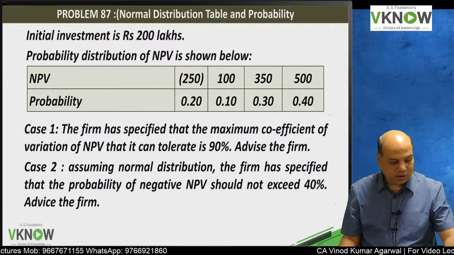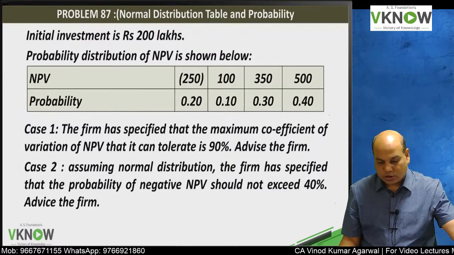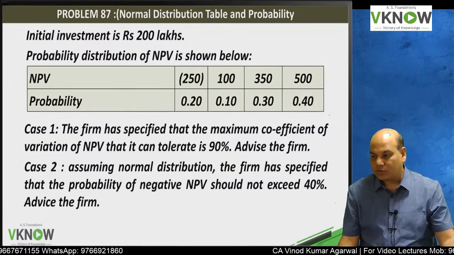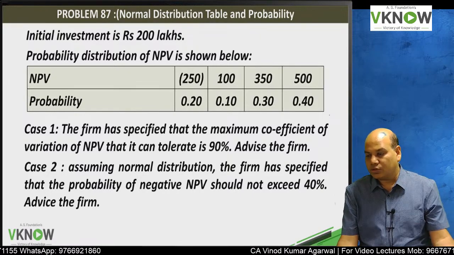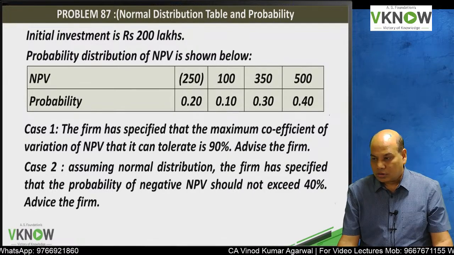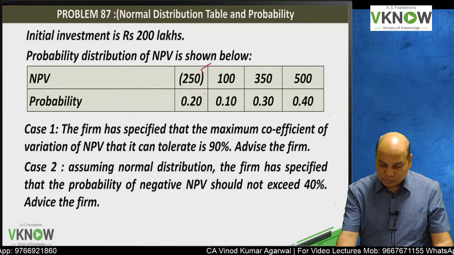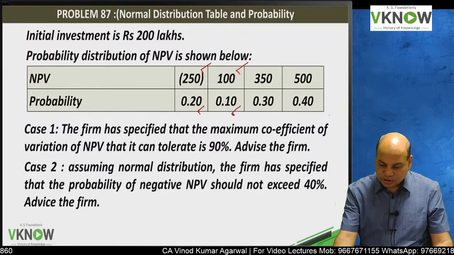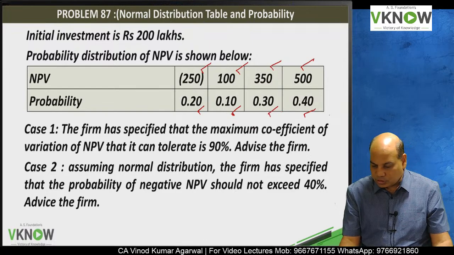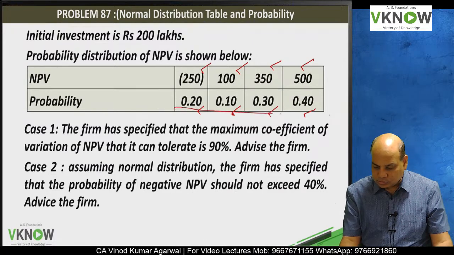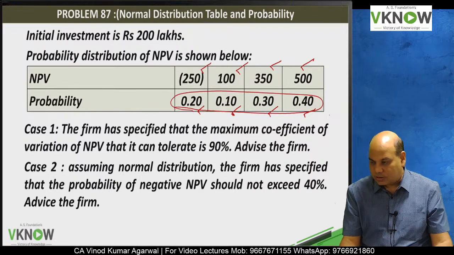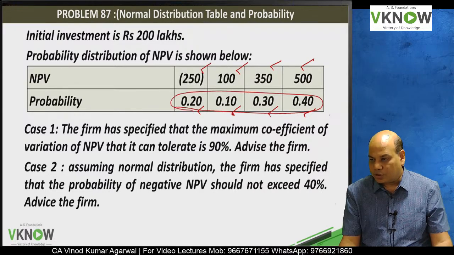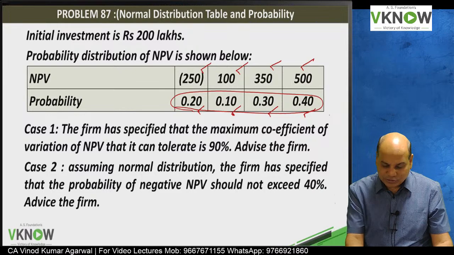Question number 87, initial investment is rupees 200 lakh. Probability distribution of NPV is shown below. NPV can have a probability 0.2 for 50, 0.1 for 100, 0.3 for 350, and 0.4 for 500. Total is 1, total should be 1. Yes, it is telling. So there are 4 possible NPVs with the given probabilities. Case 1,